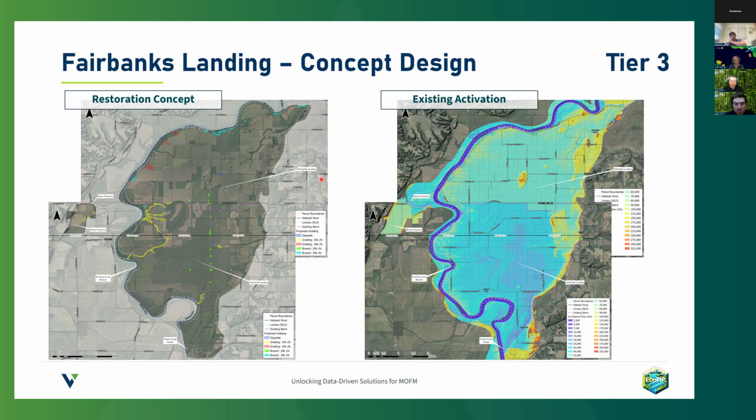Some of the concepts that we proposed that would improve the hydraulic connectivity between the river and the floodplain included breaching of the levee in several locations along the main stem of the river. There's some limited grading as well, combined with this shown in yellow. That would enhance connectivity between the main stem and oxbows that exist within the floodplain. And then also we plan to potentially breach levees along the interior drain, which would allow water to interact between the river and that drain and the adjacent floodplain, as well as proposed breaches shown in green here, which would enhance the connectivity via backwater through this site, both laterally and longitudinally.